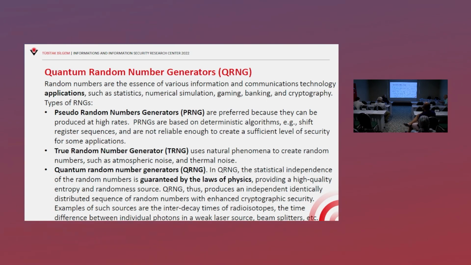These are still classical. They don't use any quantum property, such as the thermal noise on a resistor, or atmospheric noise. One could sample all these noise sources and come up with random numbers with a random number generator. But as opposed to all of these, in quantum random number generators the randomness is generated by the laws of